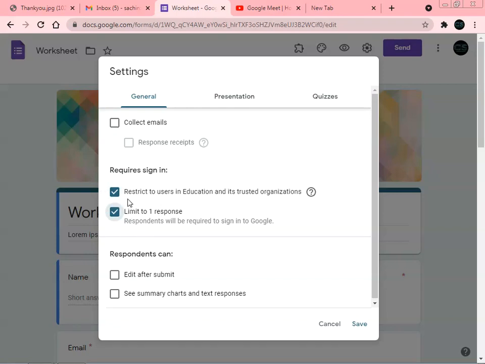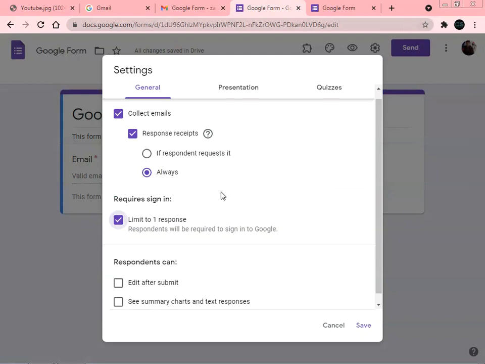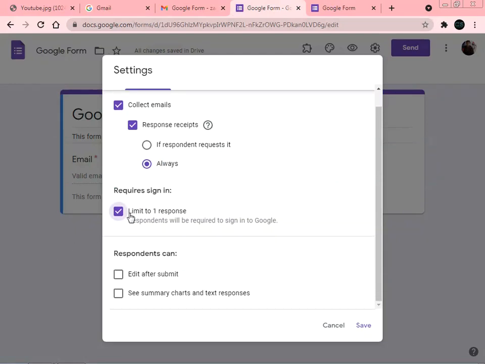We can restrict to users of our education domain, and we can also circulate it outside. This will happen only in the case of the G Suite version, which is used for education purposes. So we are coming back to our normal account, where we are giving you the limit to one response option.